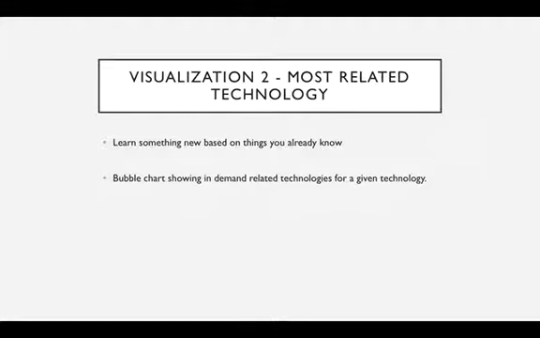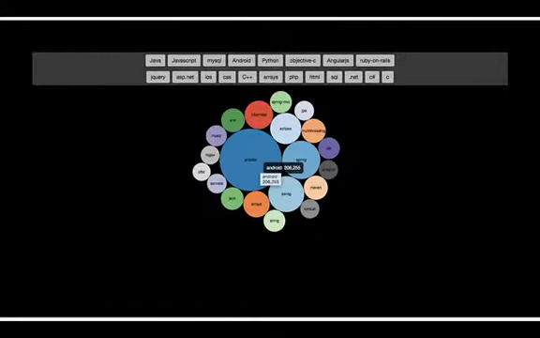For example, if you know Java, it makes more sense to learn Android or Spring Boot instead of Node.js, because Java and Node.js are independent and there's practically no use of learning both simultaneously. We show a bubble chart of all the related technologies for a selected technology. For example, if I choose Java, we can see that Android is the most popular framework to be used.